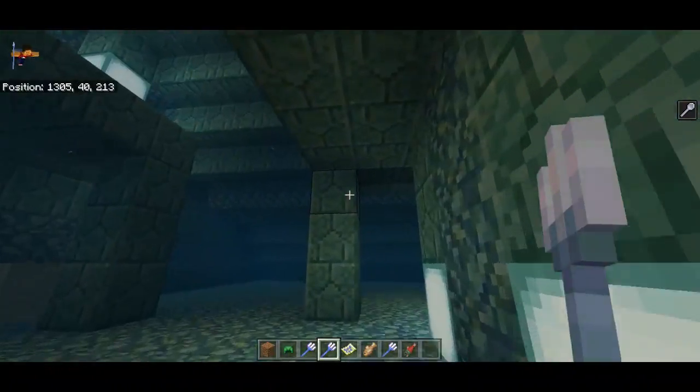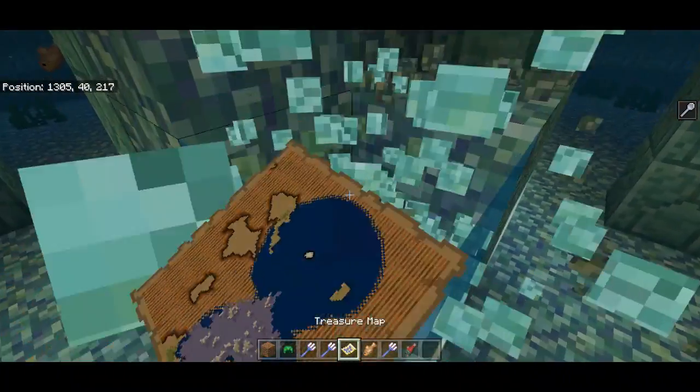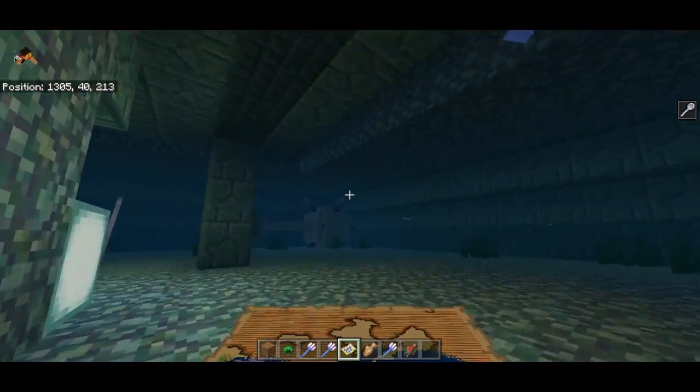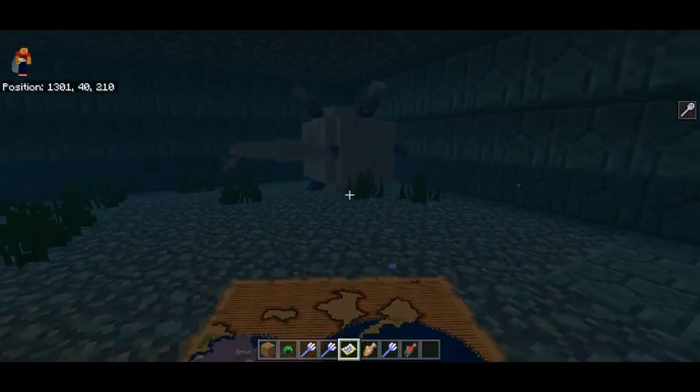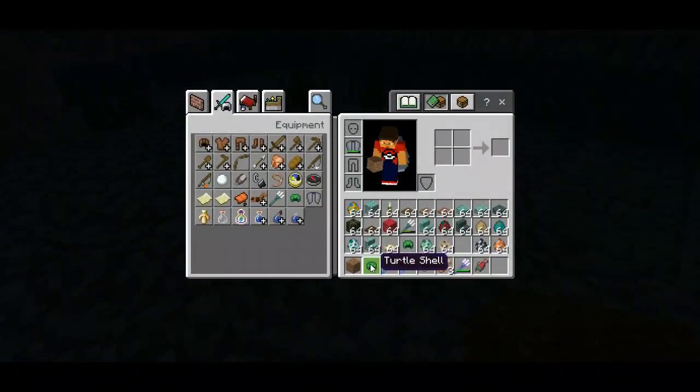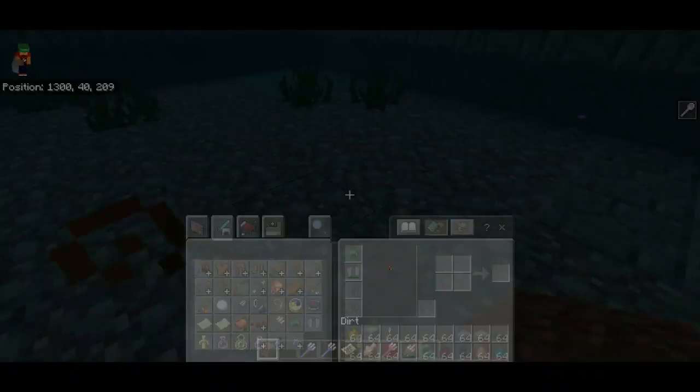Now, I have to say something. Sorry for killing the dolphin, I just need to wait for the Elder Guard. I'm gonna wait for the Elder Guard and I need to show it off. So I'm just gonna put this turtle shell on. So in